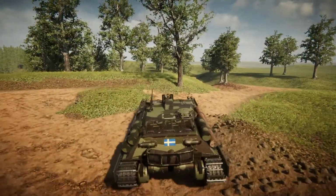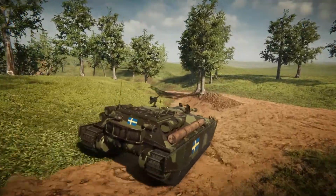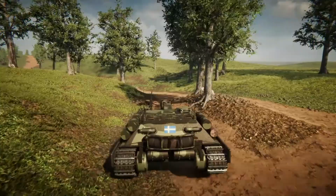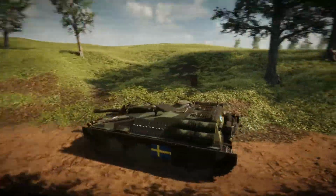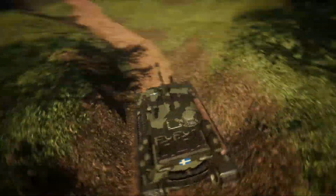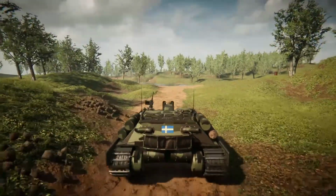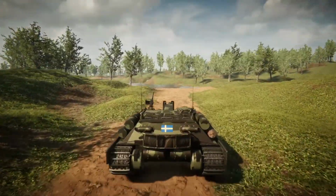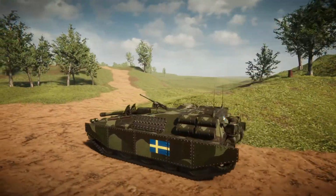It's not a complete flop, however, because cosmetically the tank mostly holds up other than a few small parts which I'll shortly point out. The vehicle comes equipped with all of the tools you would need in the field, so pioneering tools and other miscellaneous tools you would need. The tank comes with 2 machine guns, however the top machine gun appears as if the person operating it would need to be lying down on the tank, which I can't see as being too comfortable